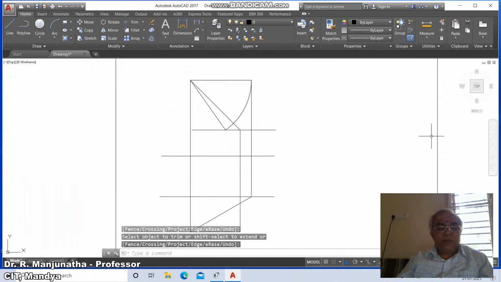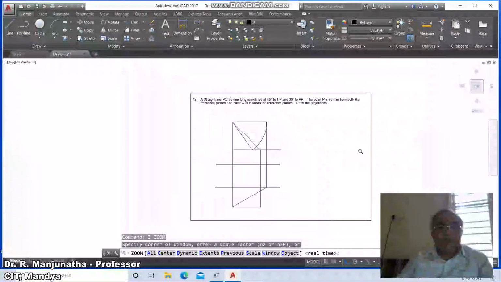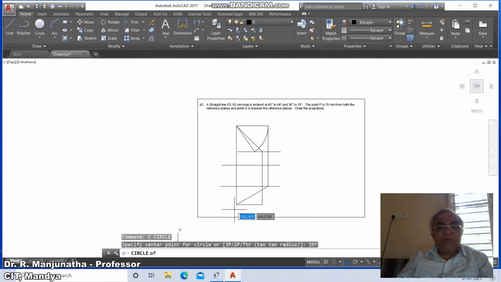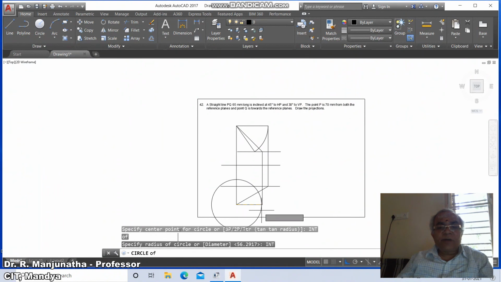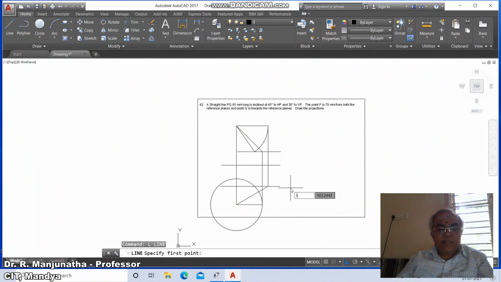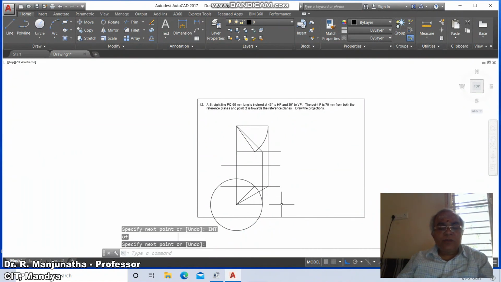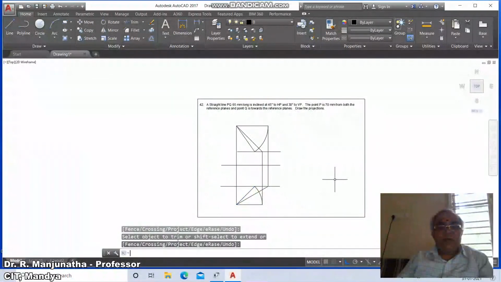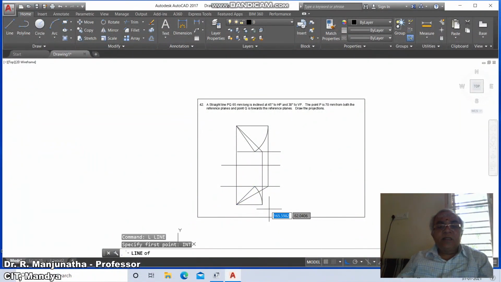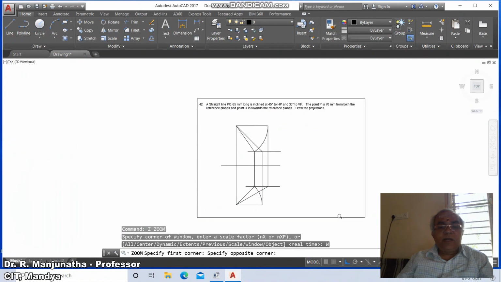Now we'll go for trim between this line and this line, and between these two you will have the arc. Similarly you go to zoom previous and then go to circle, type between the intersection point of this to the intersection point of this, then go to line, type int of this to the intersection point of this, then go to trim between this line and this, the remaining arc has to be removed. Then go to line, take the intersection of this to the intersection point of this. Now we will go to break on this side also, similarly on this side also. So now we have the final solution.